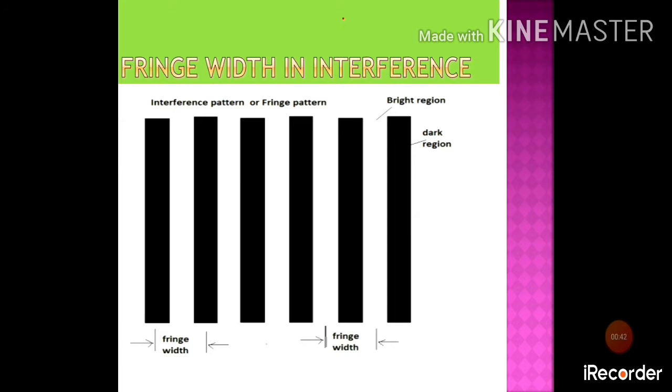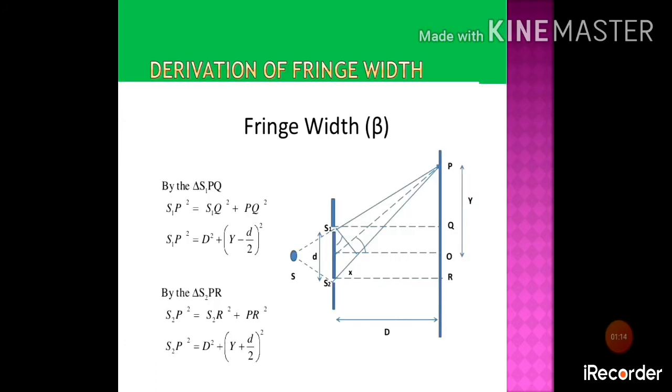Now in order to find out the fringe width from this pattern, what do we have to do? We can take any two consecutive dark fringes or bright fringes. As you can see on the screen, in the first case I have taken the midpoint of the first dark fringe and the second dark fringe. The difference between the two center points will give you the fringe width. Or you can find it in a similar way with the help of bright fringes also. In this way we can find the fringe width in the experiments.